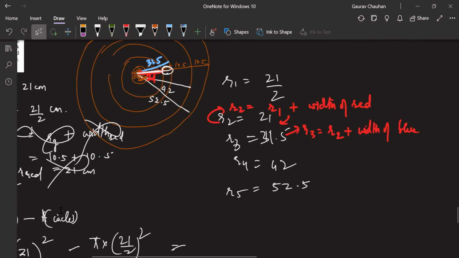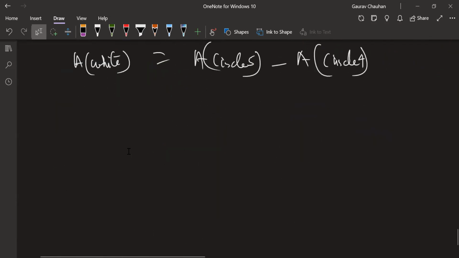You can write 10.5. So if you're comfortable with decimals, please go with that. Just make sure when you're squaring, be careful about where you're putting the decimal point. That care you should take. 10.5 into 10.5, then you will have two decimal places. Just be careful about that. If you are good, then no problem with that. Ready to move ahead?